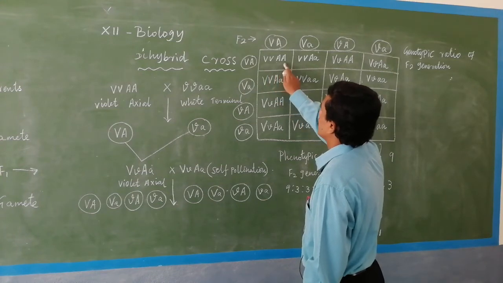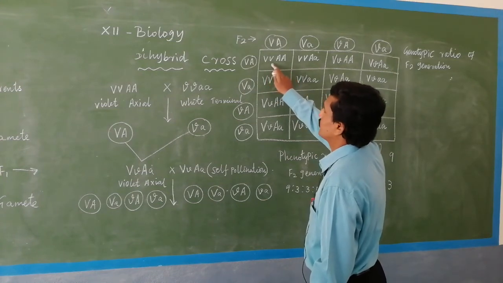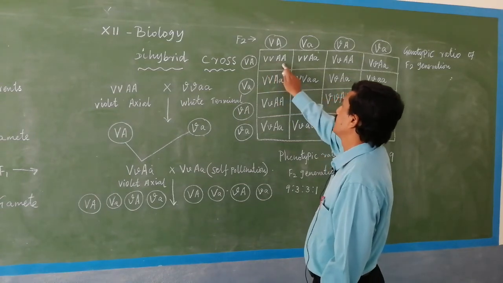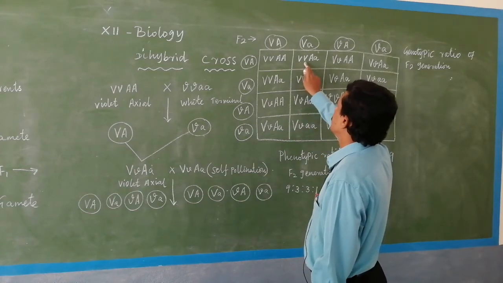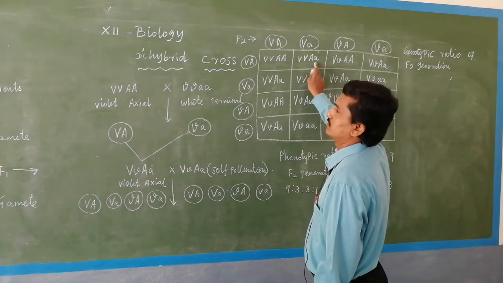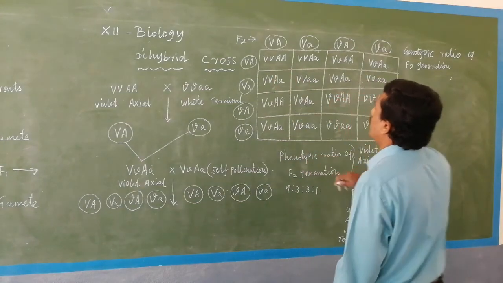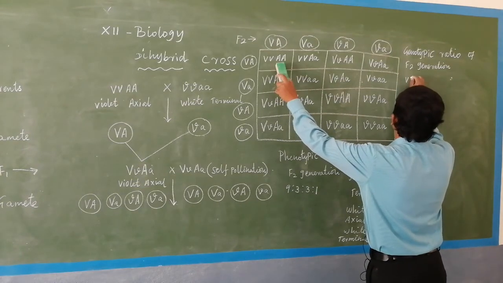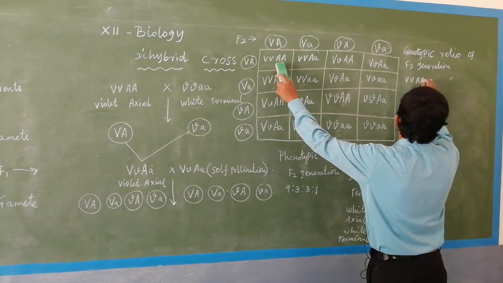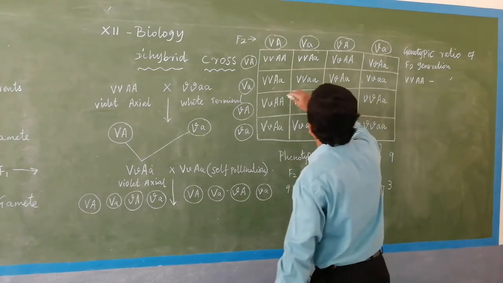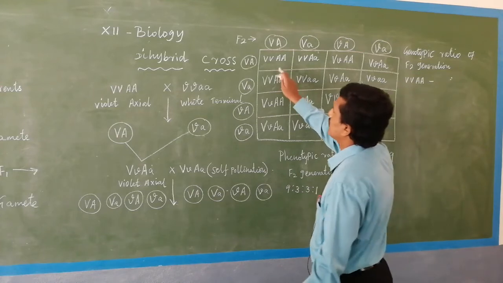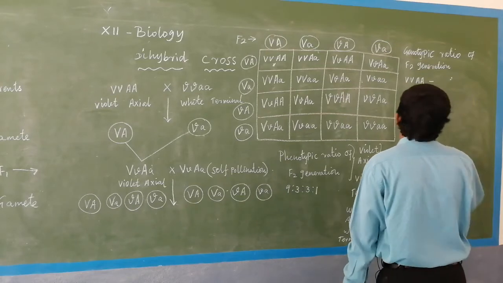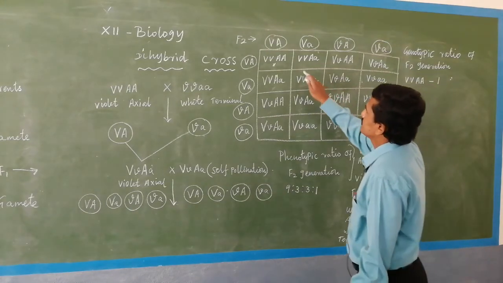Violet plant with axial. This is homozygous violet and homozygous axial. This one is homozygous violet, and this is heterozygous axial. So first take this character: homozygous violet and homozygous axial. We use the same letters: capital V, capital V, capital A, capital A. How many plants? Only one plant out of 16. This is 1.